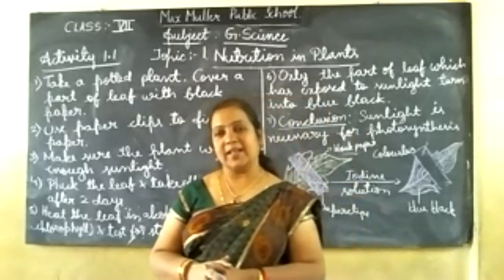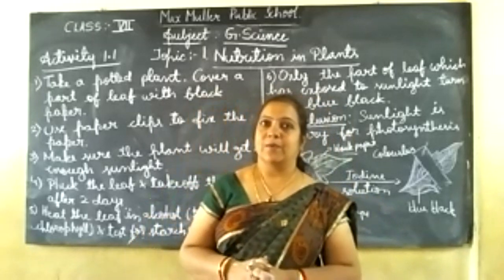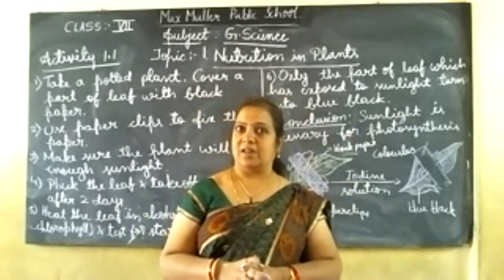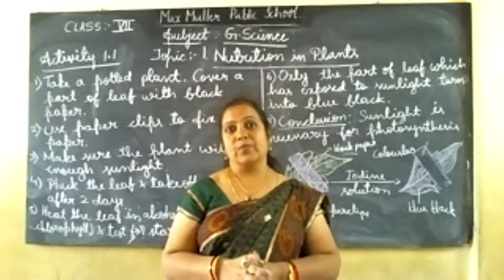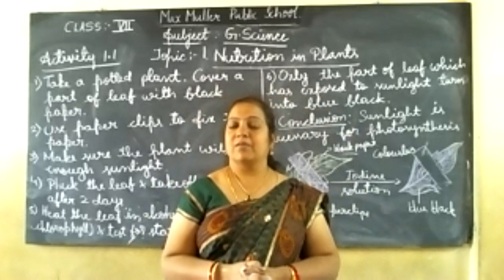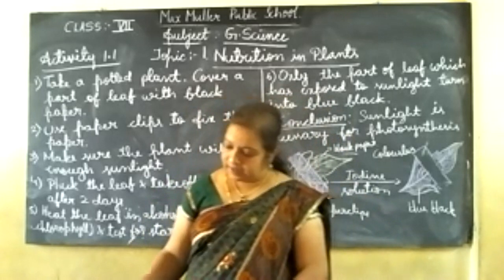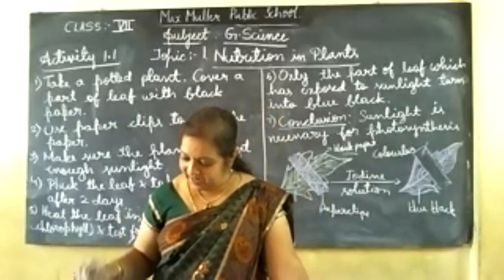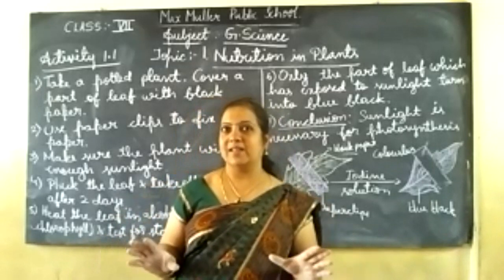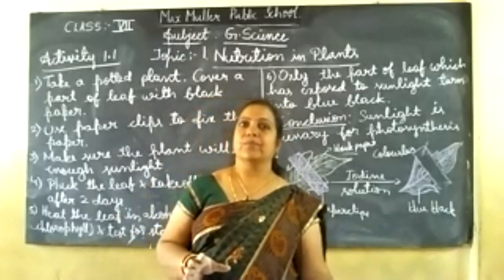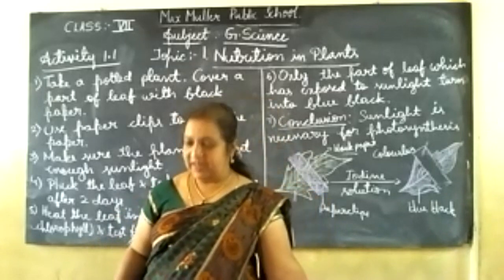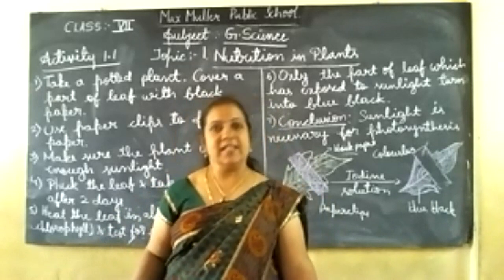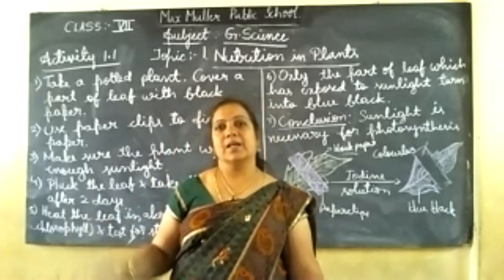Okay, now come to the experiment here. So activity 1.1, here we are going to discuss whether sunlight is necessary for photosynthesis or not. Okay, without sunlight can food also be prepared by a plant or not, we are discussing that. Okay, so in your text they have taken two potted plants, the same kind of plants, same category of plant. They keep one in a dark room for 2 or 3 days or 72 hours. Okay, so one in a dark room and another one in sunlight only, they told.